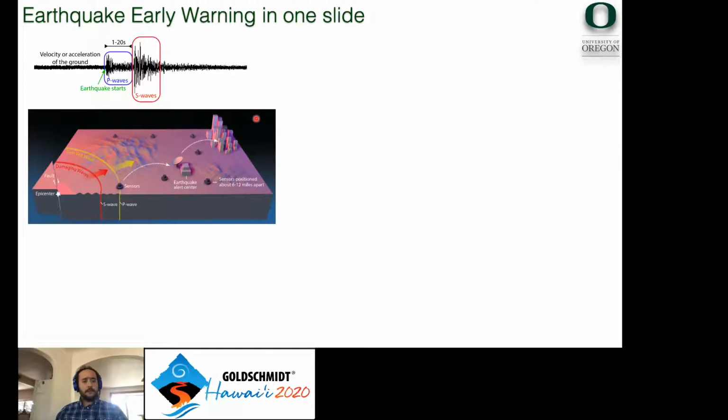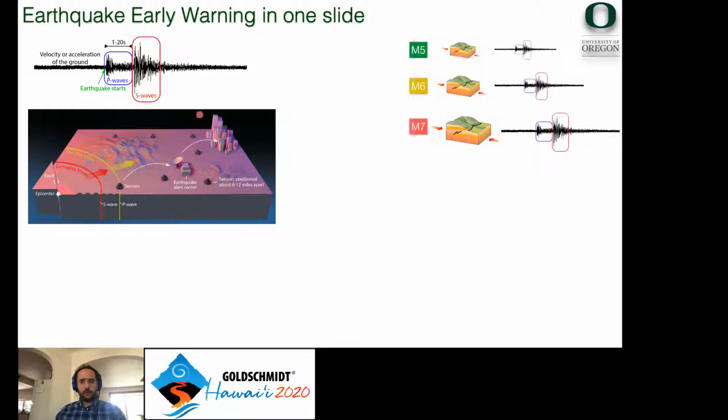Now that works. And the reason it works is because, as most of you know, earthquakes are comprised of P waves that arrive first and are of smaller amplitude, and S waves, which arrive later and bring the destruction. These are the ones that bring the energy of the earthquake to population centers. Now, because the P waves arrive first, what we try to do is find features in them that are diagnostic of the intensity of shaking that's coming with the S waves later. And that is quite trivial to do, and that's why earthquake early warning systems have been around for a long